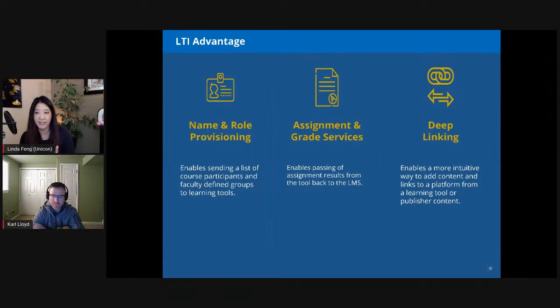So currently the three Advantage services that are out there and getting adopted in the market are names and role provisioning, which allows you to see who is in the course and also their roles, so you can distinguish between students, instructors, and other types of roles in a course. The assignment and grade service allows you to pass the assignment results back from the tool to the LMS, and also gives us a lot more flexibility with naming the column in the grade book. So you don't have to be one-to-one between a launch and